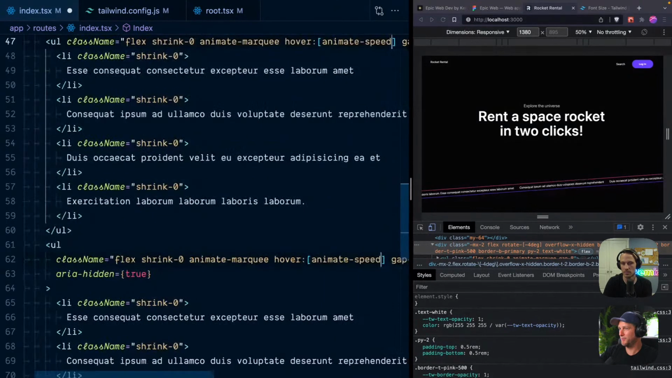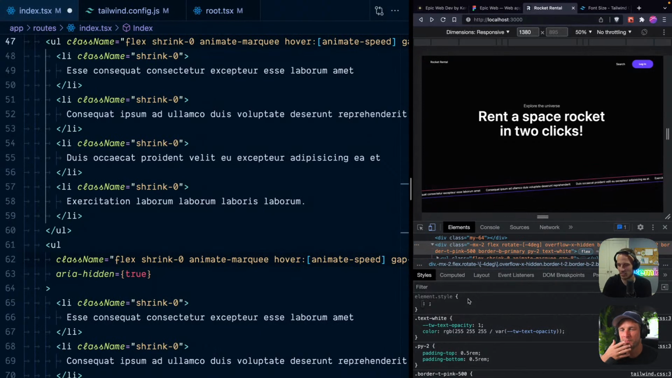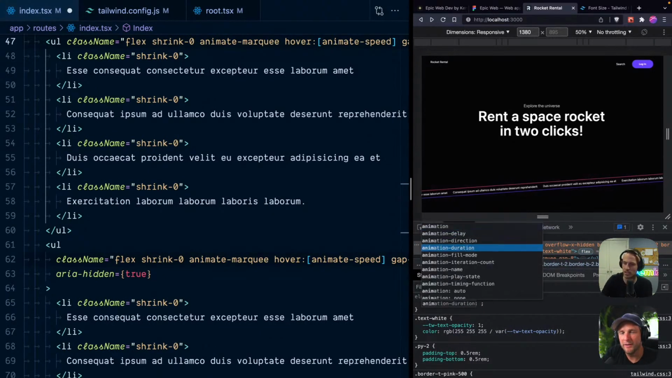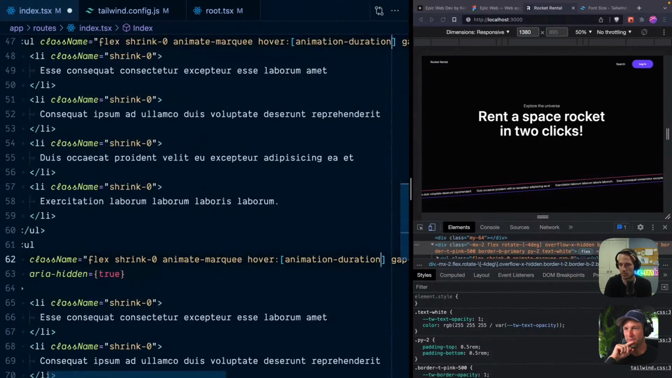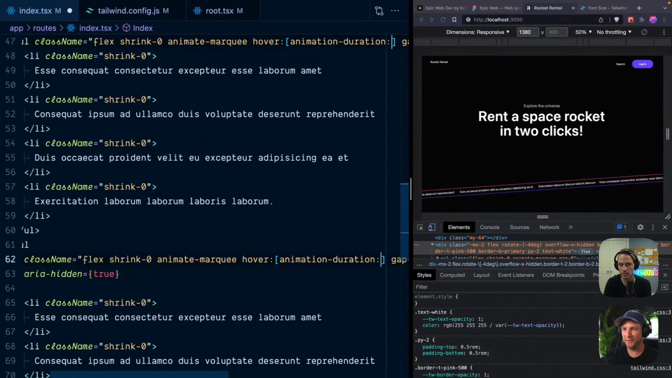Animation speed. I need to look it up quickly. I can't remember what that property is called. Here, let's see. Animation duration. Yeah, that's what it is. So go animation-duration, and colon. And this is another crazy thing: you can write any CSS inline,